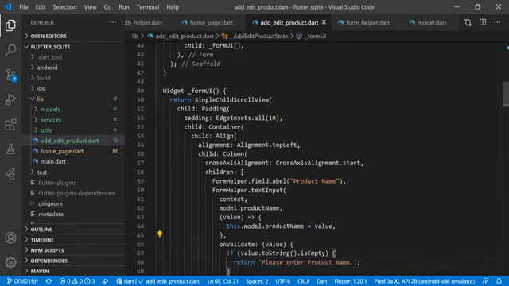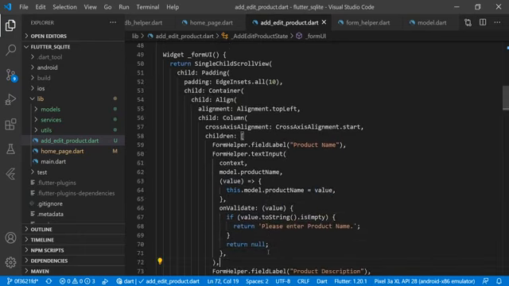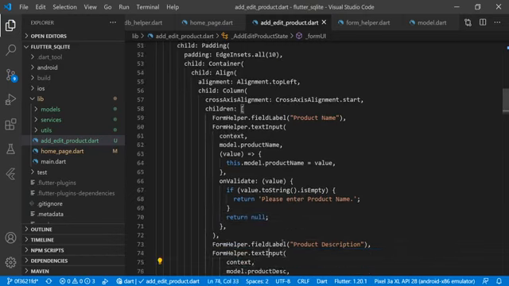And in the on validate we are just checking here if that value is empty, then we are returning "please enter the product name", else it will return null always. Then we have a form helper dot field label, and we have a product description over here,